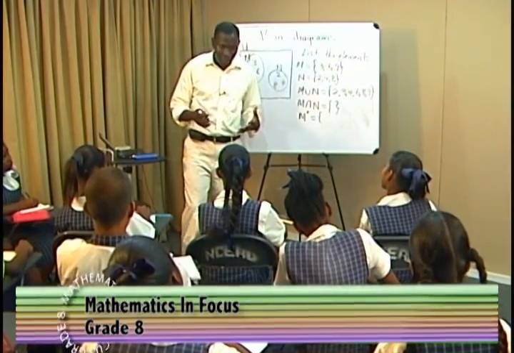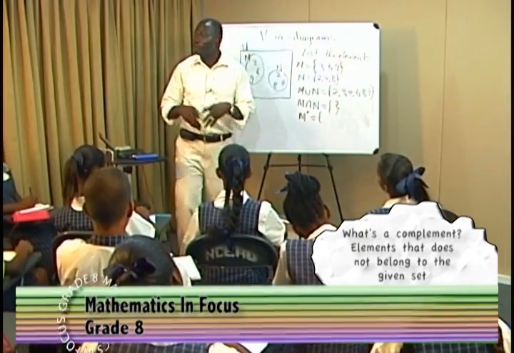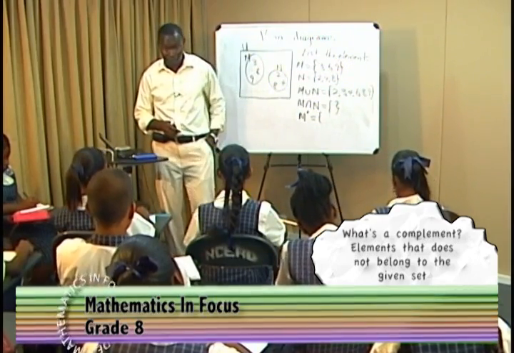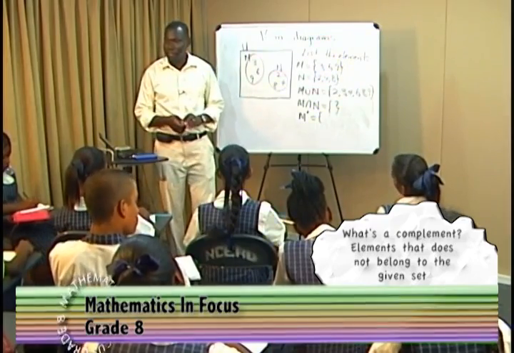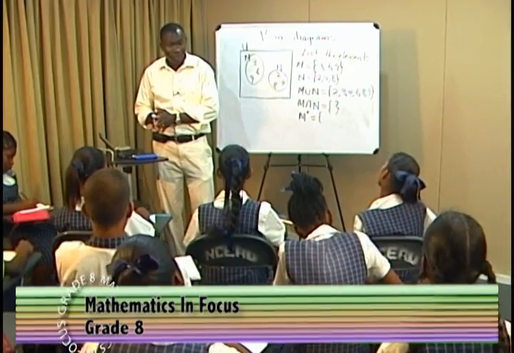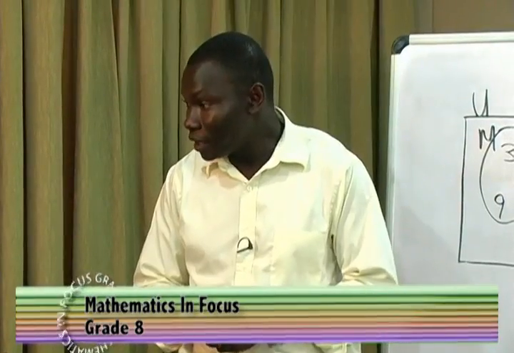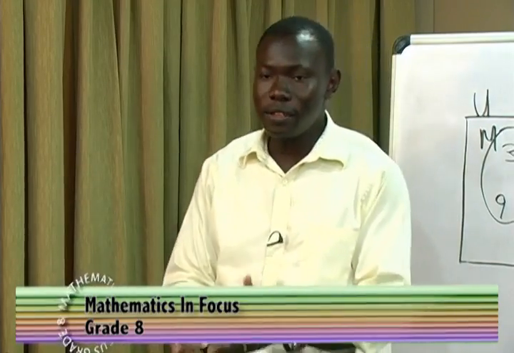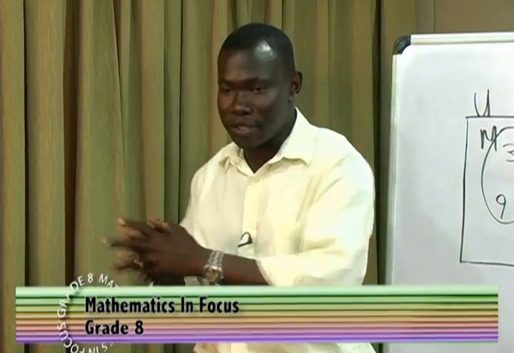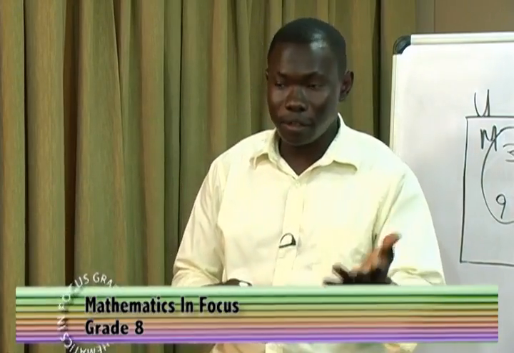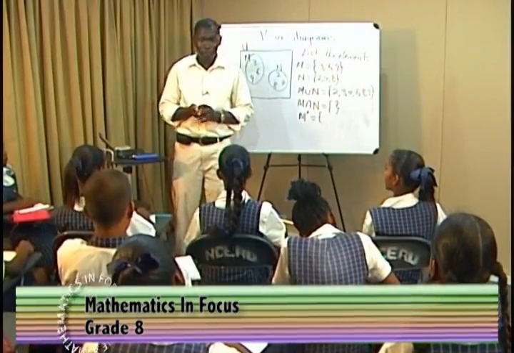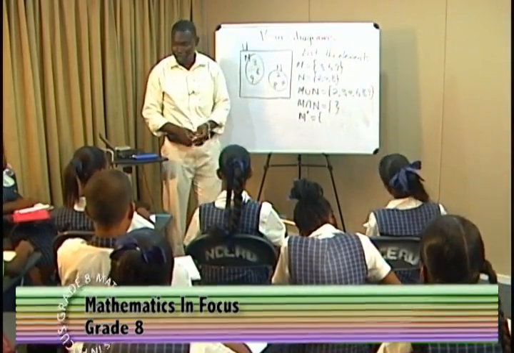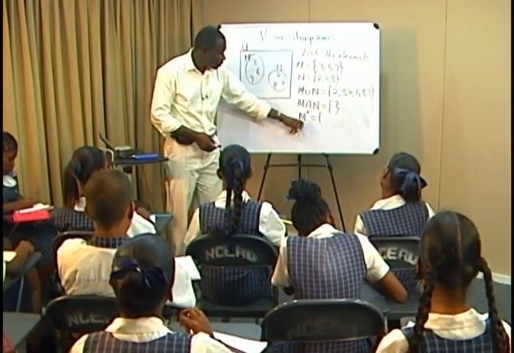Complement refers to those elements which are outside of the given set. The elements which do not belong to the given set. So for example, if we have a set of males, then a female has no right being in that set. If I come to this class and I take out these 4 males aside, can we say that Varsha is an element of that set? No, because Varsha is a female. Good. So now that we know what we mean by complement of the set,